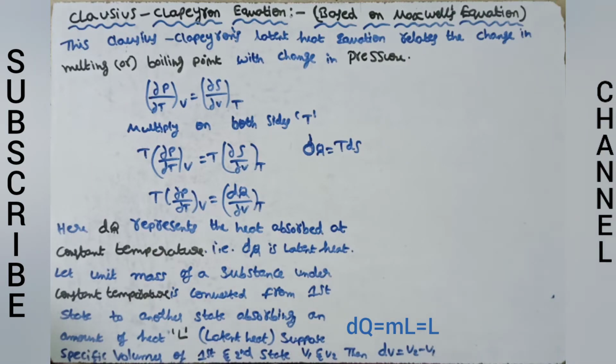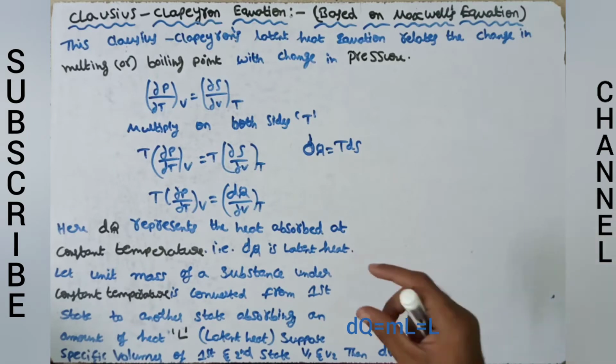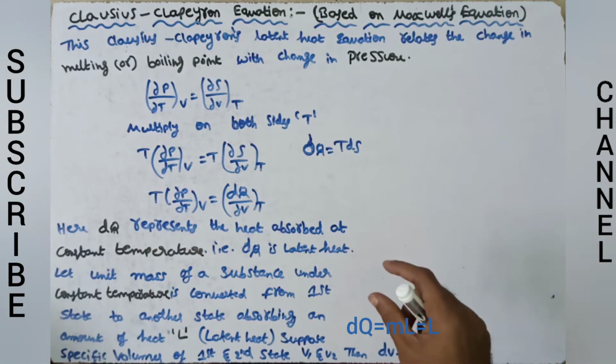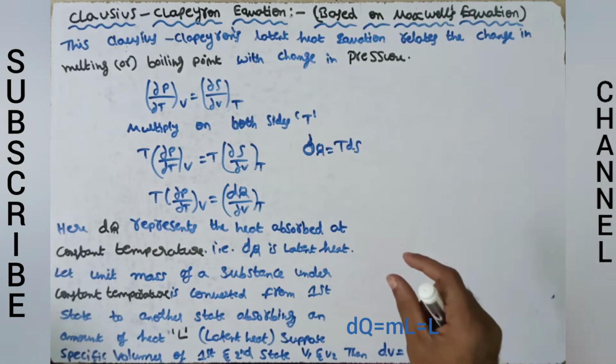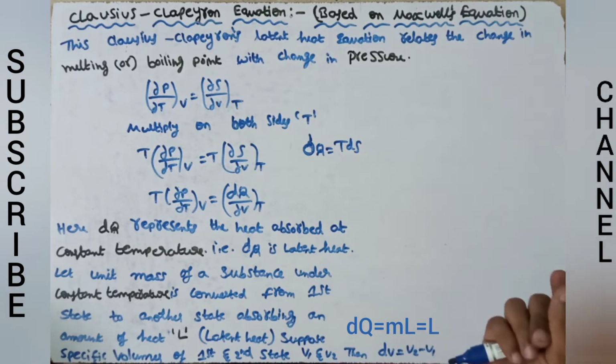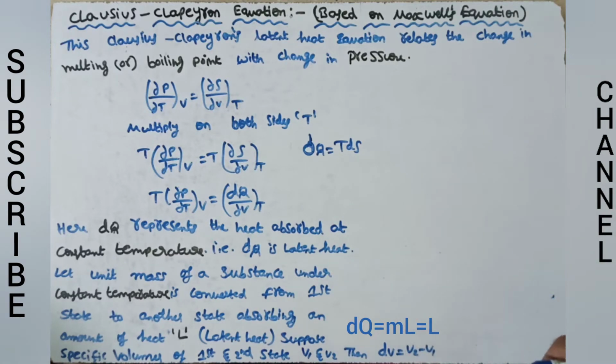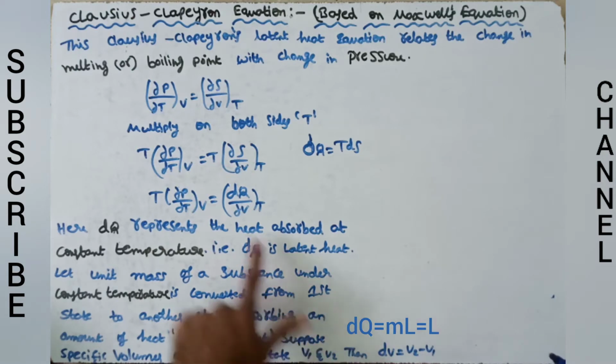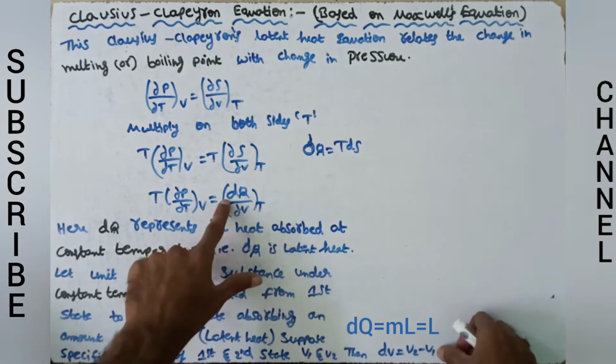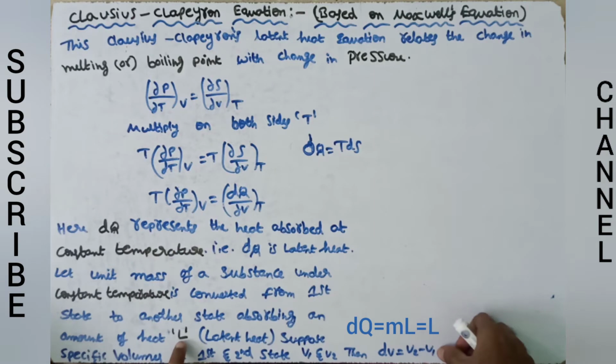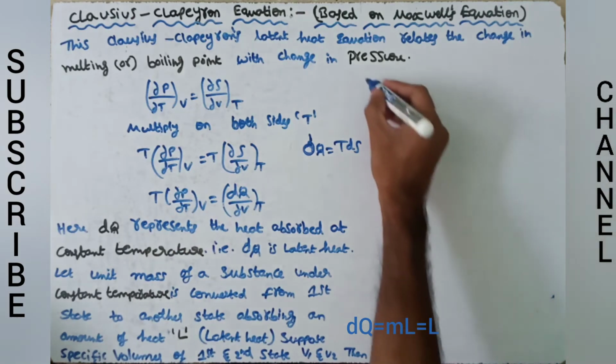Suppose the specific volumes in the first and second state are V1 and V2, then the change in volume dV is equal to V2 minus V1. Some amount of heat dq is absorbed and its volume changes from V1 to V2. So in place of dV we substitute V2 minus V1, and in place of dq we substitute L, the latent heat. So we get